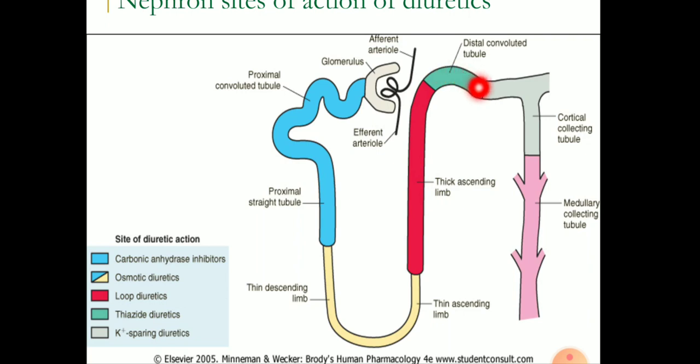At the distal convoluted tubule, at this part there is a sodium chlorine cotransport channel, and here you will see a drug which is acting as a diuretic, and which is very effective in primary hypertension or essential hypertension, and the name of the drug is thiazide. Thiazide group of drugs are hydrochlorothiazide, bendrofluazide, the hydroflumethiazide. So these are all thiazide group of diuretics.